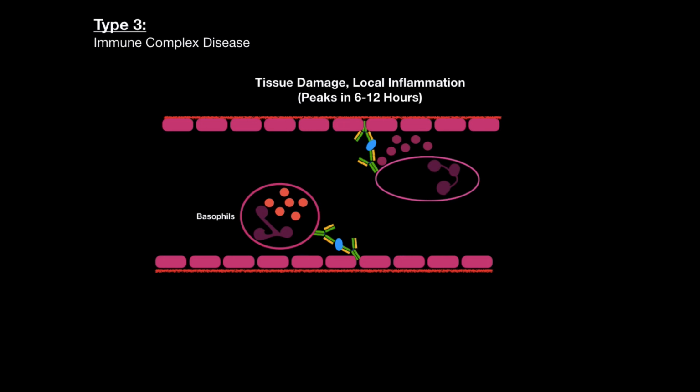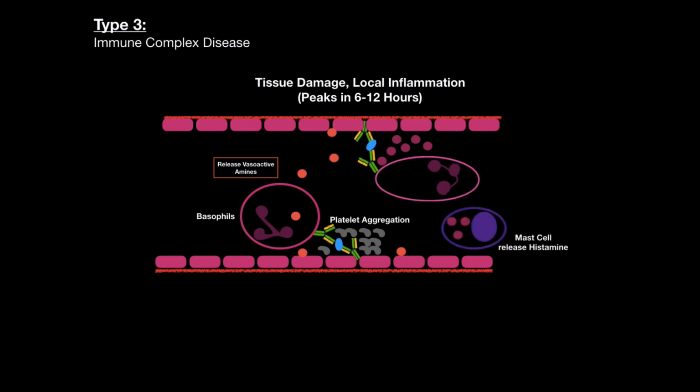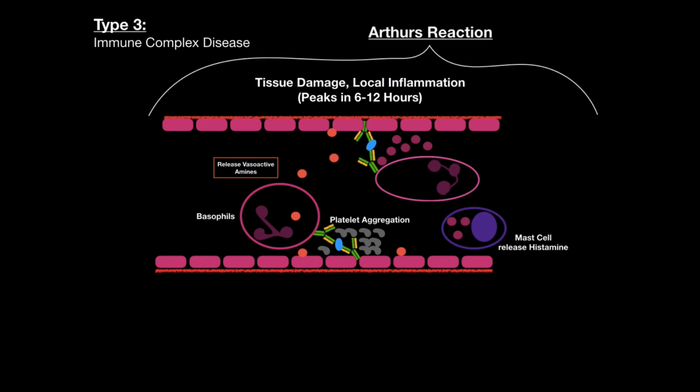Even basophils can bind, and they can release granules and vasoactive amines, and even platelets can come along and aggregate as a result. I don't know if you're familiar with the physiology of platelets, but they usually tend to aggregate on rough areas, and that's exactly what the immune complexes are once they're stuck. So that's why they aggregate on them. They could even activate mast cells in the area that can release histamine. All of this mess right here is termed Arthus reaction, named after Nicolas Maurice Arthus, who discovered all of this for